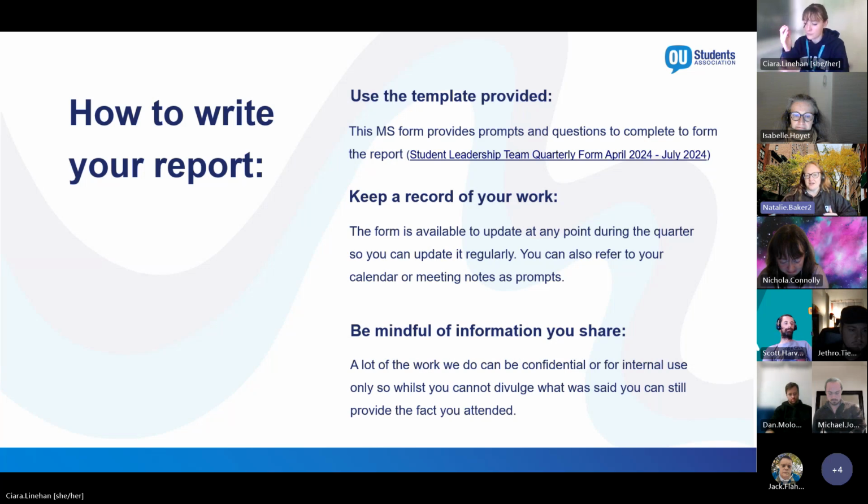And then one thing to be aware of, obviously, with these reports is the information that you are sharing. So there might be things that we can't discuss. For example, I can't say exactly what's happened in a council meeting, because quite often a lot of that is confidential. But what I can say is that I attended the council meeting, or I've attended Senate,